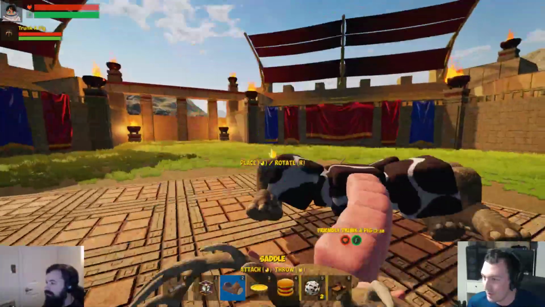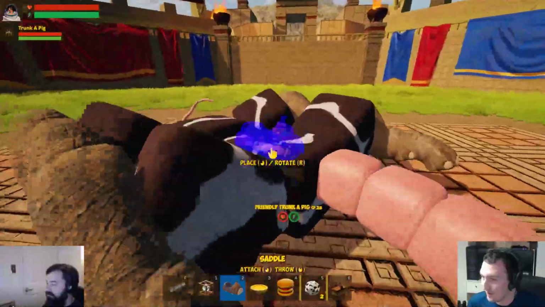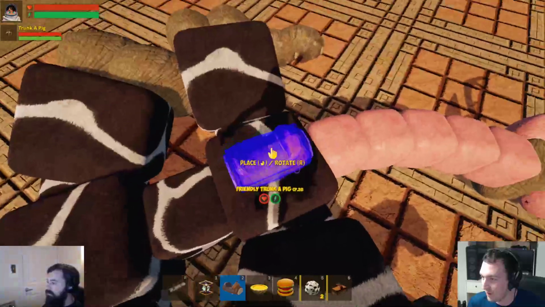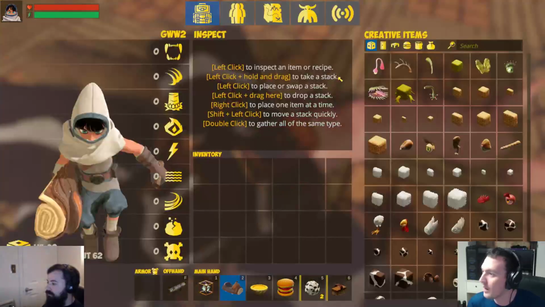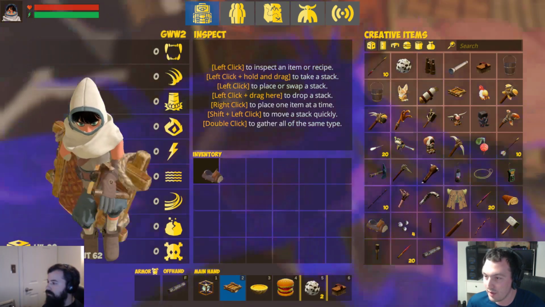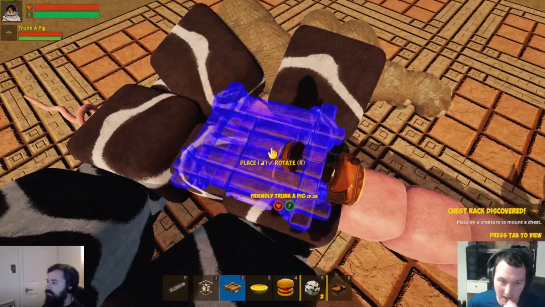Okay, now for the important stuff. So I'm going to want to put a saddle on him as he lays his belly on the ground. We're going to put the saddle right up front here. And now let's look at the new attachable. This could be in here. Chest rack. So this chest rack is, we'll see in the adventure mode of the game, is available